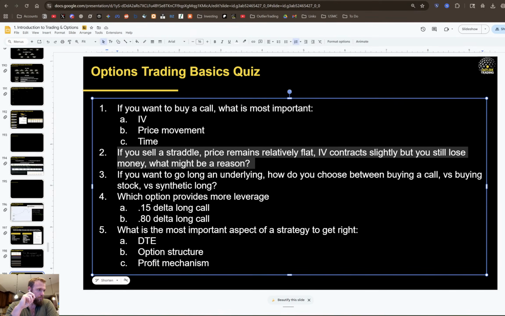Good. Black Mama says a short straddle creates a tent-shaped profit zone. Yep, so you're talking about a risk profile. It makes money from time decay and dropping vol. Good. That's all really, really good. You guys did a good job. Brain says gamma, not quite. Genesis says realized vol plus friction, so fees, which is also fair.